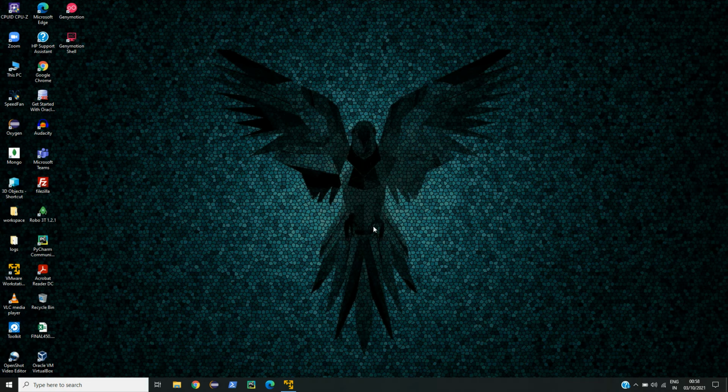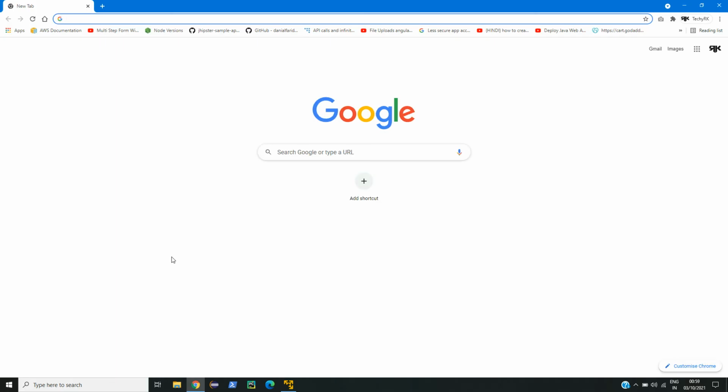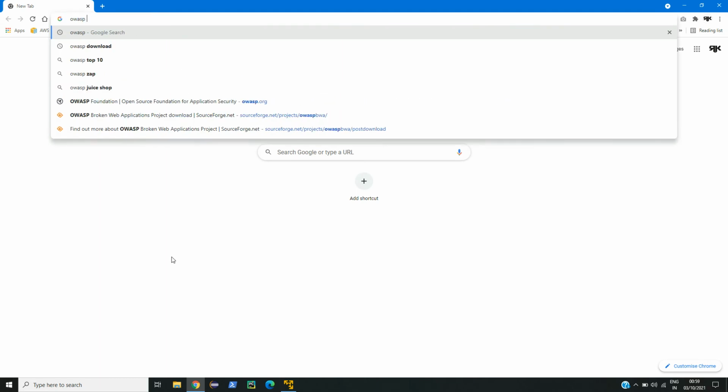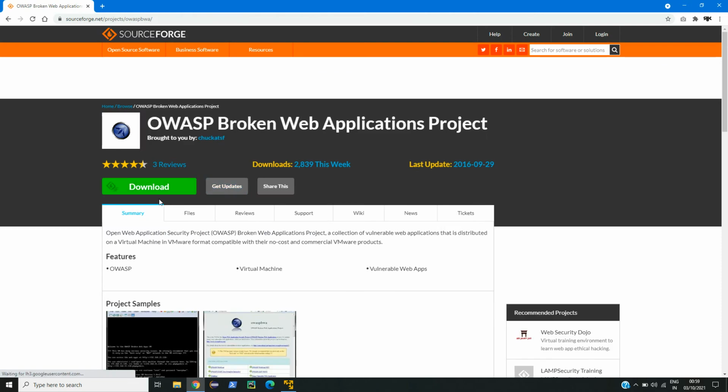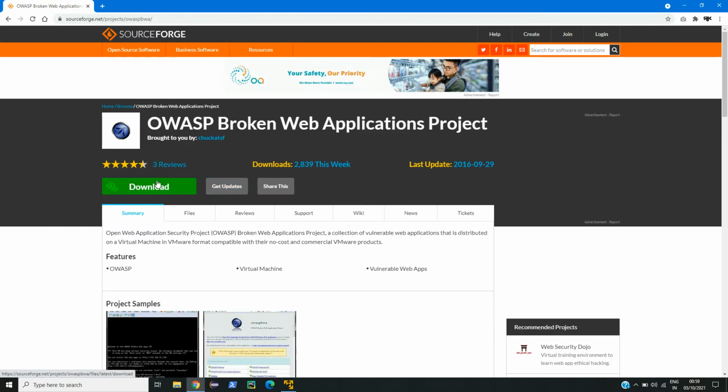So for that we are going to search on Google OWASP download. Here you can see one SourceForge link, just click on that. Now click on this download button.